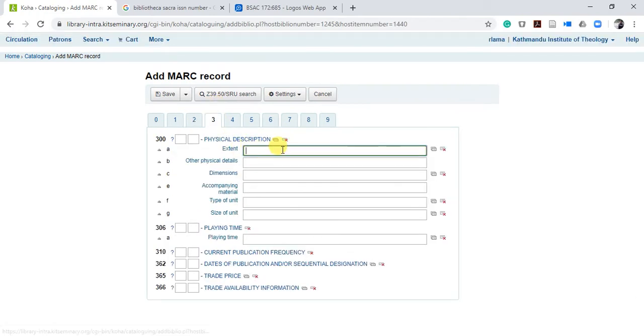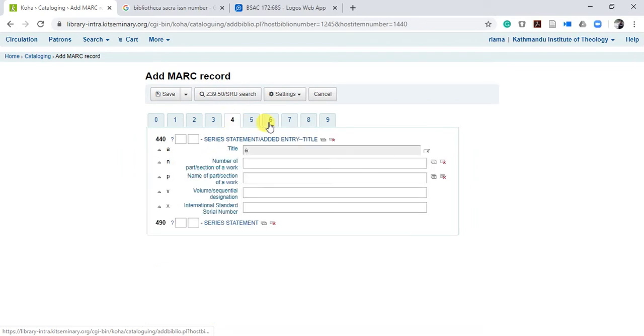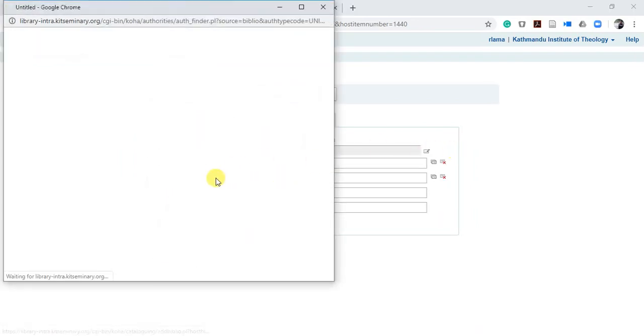So it is up to you, page number, if you want to add how many pages are there. So I don't want to add now. See here, title, series title, I think it may allow me now.